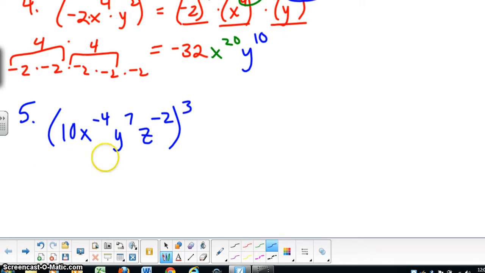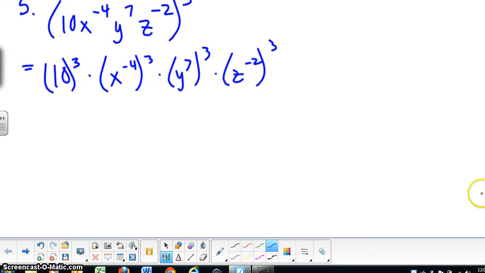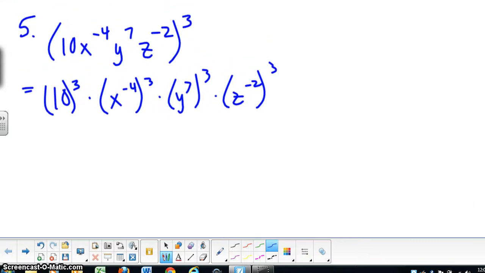Okay, so hopefully the first step that you did was put everything to the third power. The 10, the x to the negative 4, the y to the 7th needs to be to the third power, and z to the negative 2 to the third power. You're going to want to start taking shortcuts, but I would highly suggest not doing it when it becomes an intense problem like this. There are so many things in there that you'll be more successful if you separate them like this. 10 to the third power,